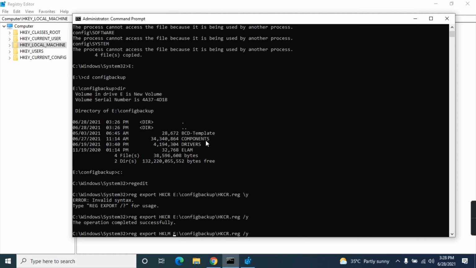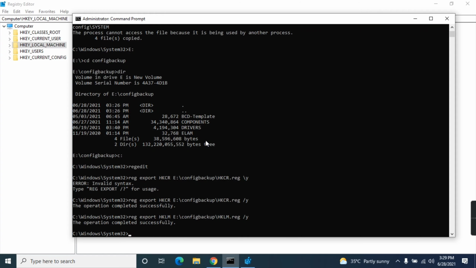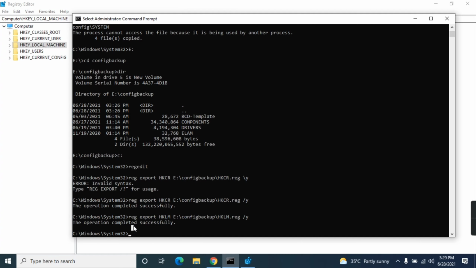The same command will repeat, but I will replace HKCR with HKLM, that means HKEY_LOCAL_MACHINE. Just enter the command. Again, it will take time to complete. Okay, the operation completed successfully.